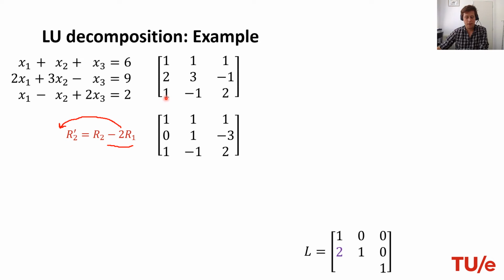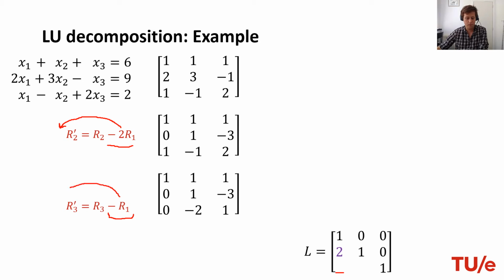Next up, we want to get rid of this one over here. How do we do this? Simply by subtracting the first row from row 3. Again, in order to find the corresponding coefficient on this spot of the L matrix, we have to check how to recover from this forward elimination operation, and it is by moving this term to the other side, and then this minus r1 turns into a plus r1,